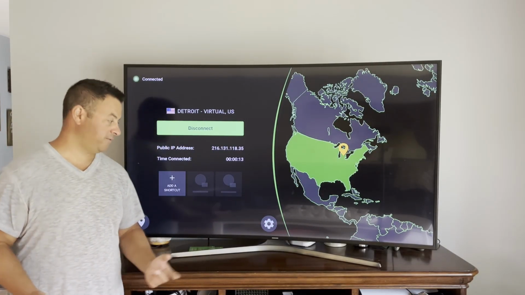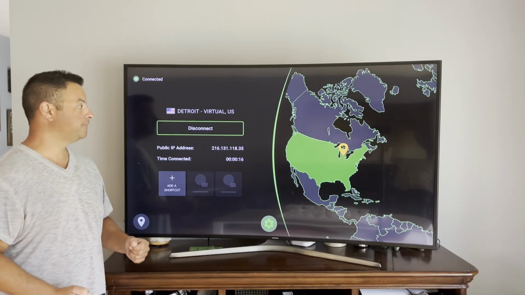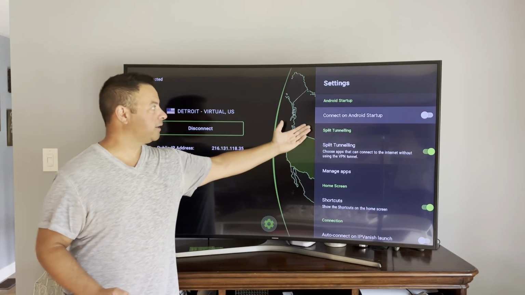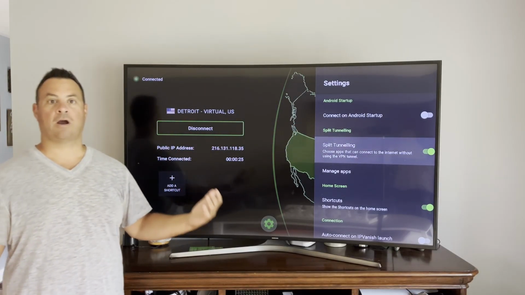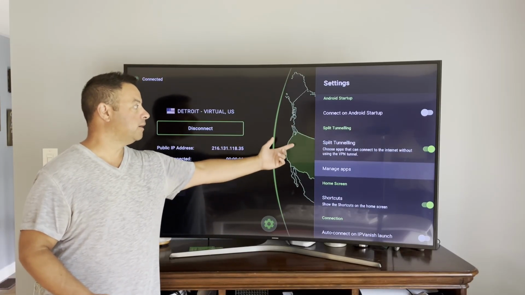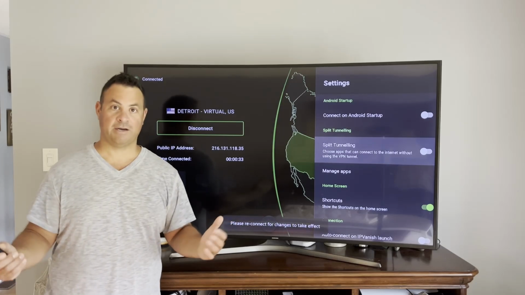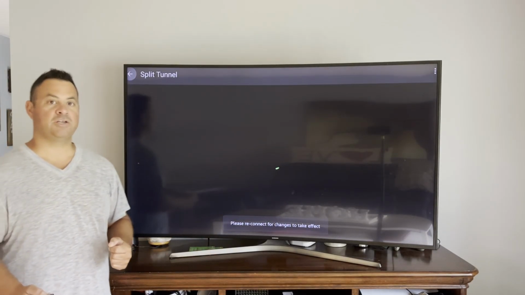Couple things about IP Vanish that you may want to know. Down in the settings, we have the ability to automatically connect on startup. So if we have that enabled, as soon as our device is turned on, the VPN connects. We have the ability to split tunnel. So I'll explain here. If we have split tunneling turned on, click on Manage Apps,